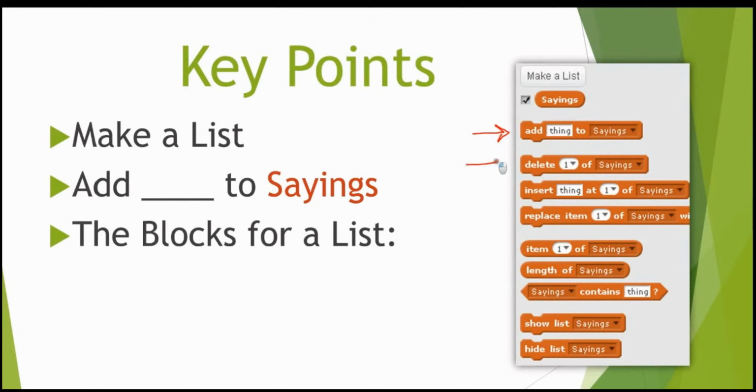Then we used our delete one of sayings and we changed the drop-down menu to say all. If you wanted to add a certain one in after the first 6 questions, let's say you wanted to add another question in so that it was definitely going to say it in the list, but it wasn't going to say it first, you can use the insert and then you can type in your question. So I'll just make a little Q over the top of it there. At whatever number you'd like, whether it's 1 or 7 or 8, and if it's only got 6 in it, you can say last